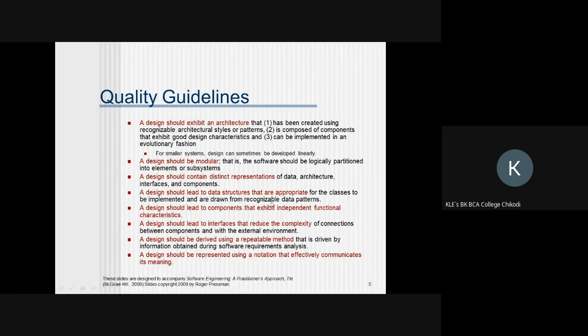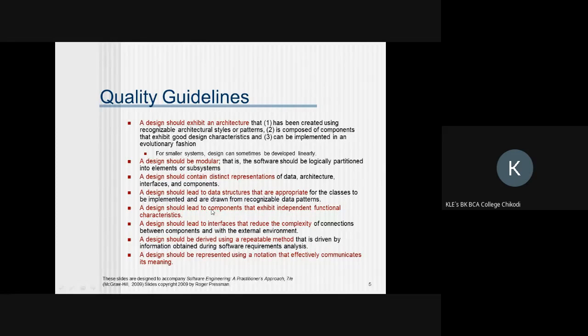Those appropriately, it means each and every system has its own style of representation of data. That is why, during the implementing time or designing time of any module, we have to see what type of data structure is appropriate for that, whether a tree is appropriate, or a stack, a queue, what kind of data structure is appropriate for implementing, whether an array is appropriate. That we have to see, and then we go for implementing.